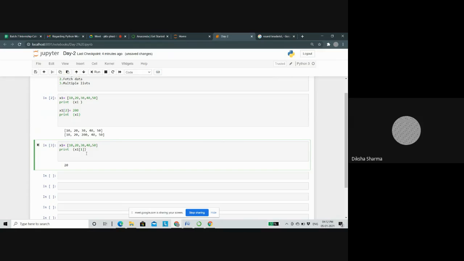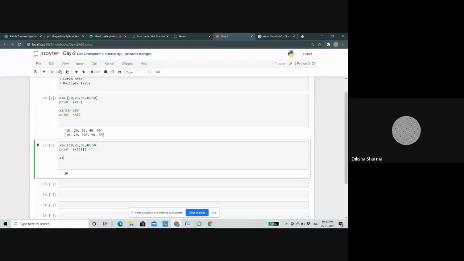Now if I want to get a range of numbers, like from 20 to 40, then we can use the range operator, as we discussed yesterday. Like if I have x1, then I can write print x1, and then in the square brackets we can use colon. So whenever we use colon, that means we are